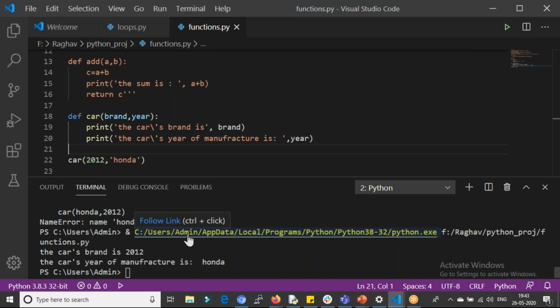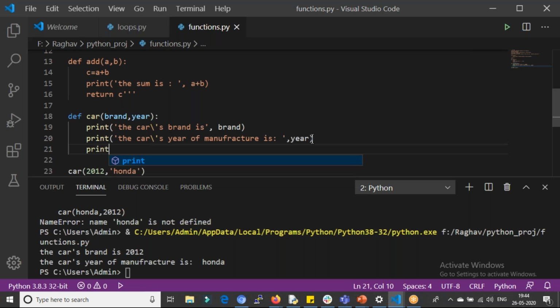But what if you have some calculations with year? Say I want to print 2020 minus year, which gives me the age of the car.